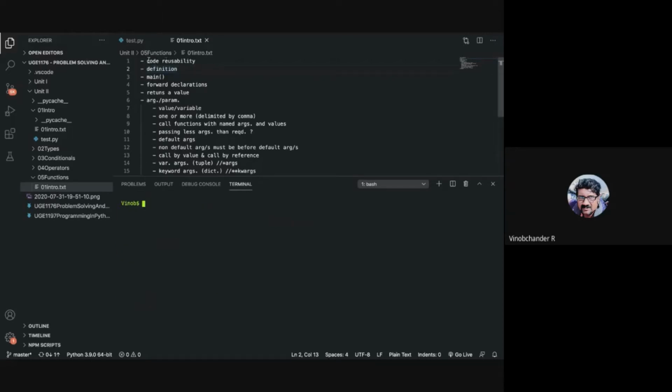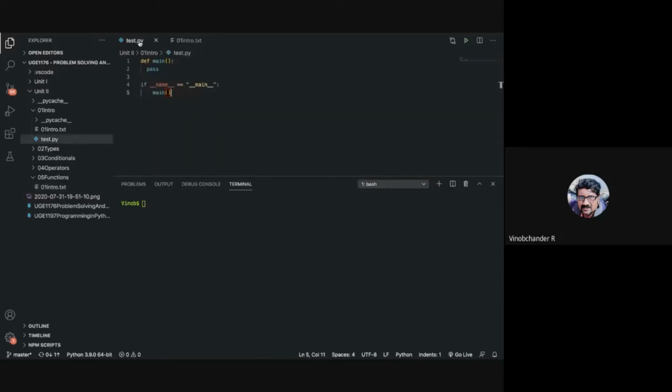Now that we have seen the need for functions and how to define a function in Python, let us talk about the main function, before we see further concepts related to functions in Python. Just as a refresher, this is the template or syntax, as a best practice, that we were following starting from the first program, with a check for if name is equal to main. This in fact is a function and a function call. We have a function call here, and then we have a function definition here.